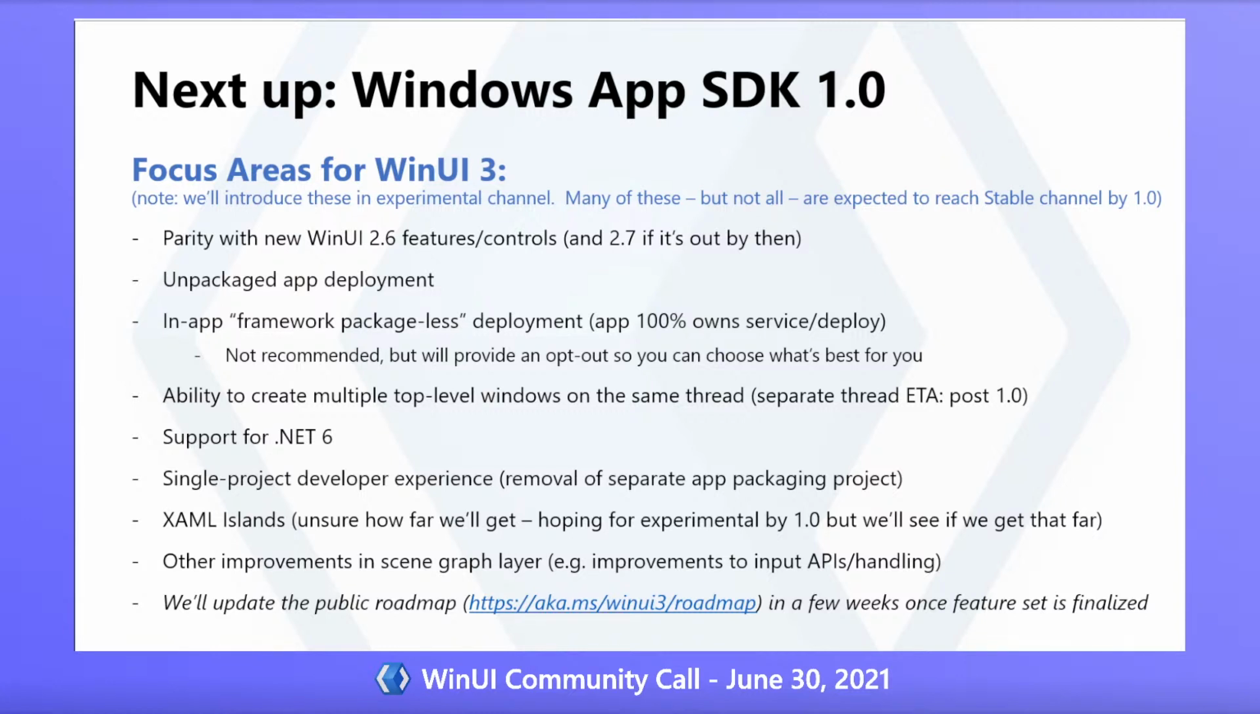What we're hoping to do is to have Islands initial capabilities experimental by 1.0. I don't think that we'll get to a stable point for 1.0. That'll probably be a 1.1 thing or sometime after that where we manage to get that stable, because XAML Islands is a very complex feature. We also know it's very